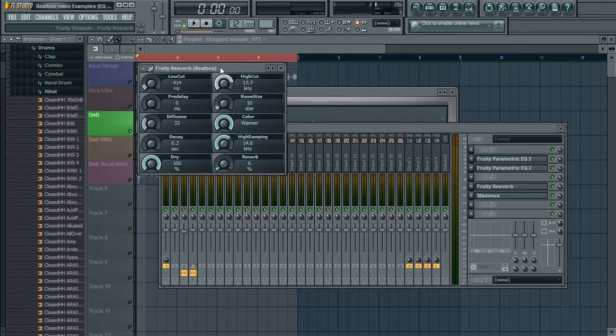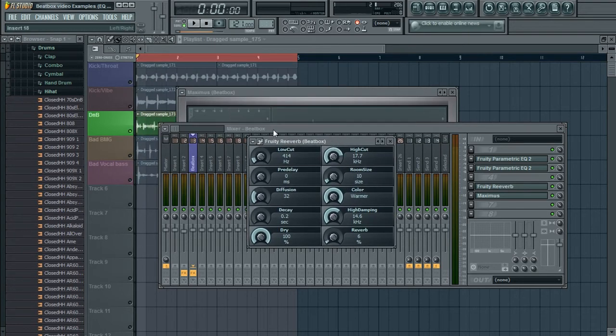This reverb is a very simple little free reverb that actually came with Fruity Loops. It's really, really small. You can hear that there's not actually much being added. It sounds like you're in a really tiny room, basically. And that's because you don't want to go crazy with reverb, even though it can sound really good. So if you just juice the reverb,